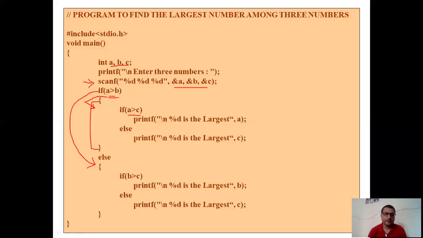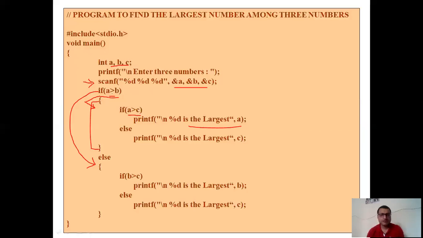As I know A is greater than B, only then am I inside this block. So now I'll compare A with C. If A is greater than C, that means, since I earlier checked A is greater than B and now I have checked A is greater than C, A is greatest. That I have printed here.